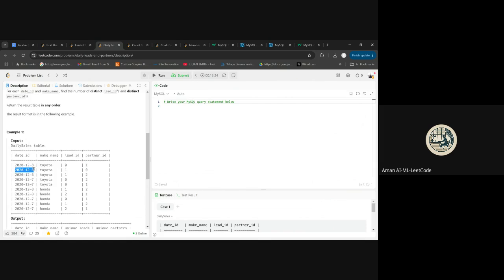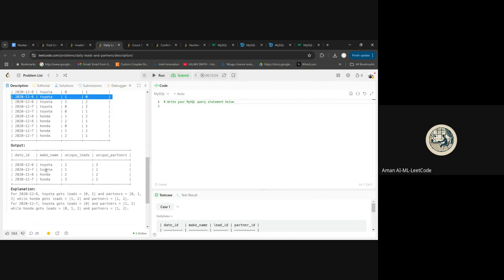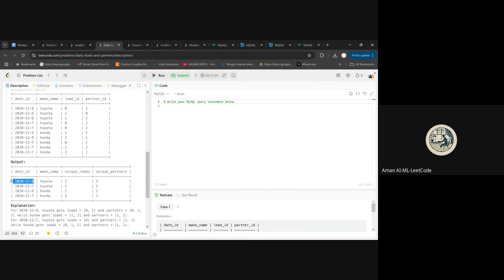For this date, sorry, this is the daily sales information. For this date, for this make, how many unique leads do you have? IDs unique कितने हैं और partners unique कितने हैं? Unique information important है। Again, for this date, right, another date that you have here. For this date, for this make, Toyota के लिए कितने leads मिले और कितने partners को आपने sell किया उस